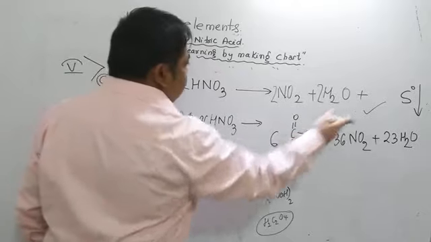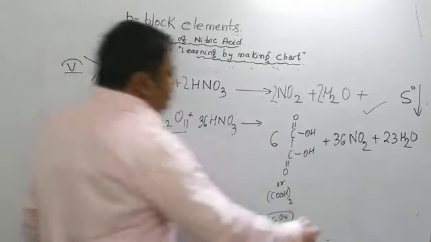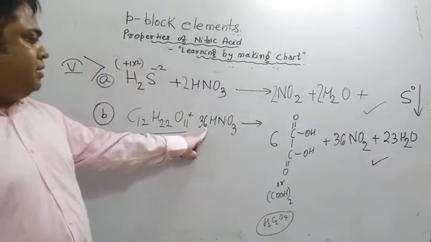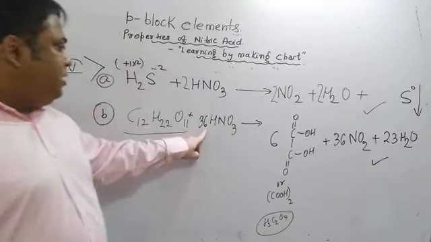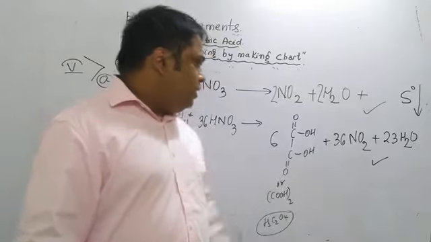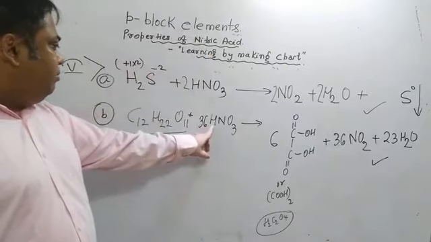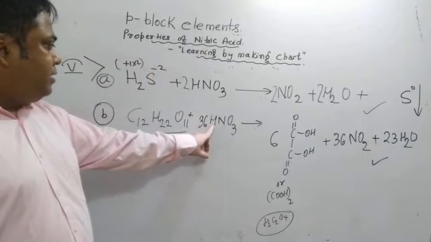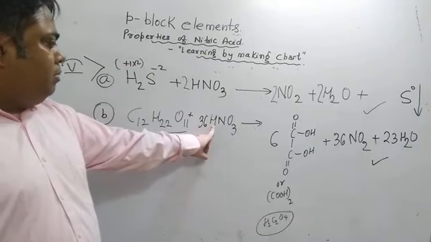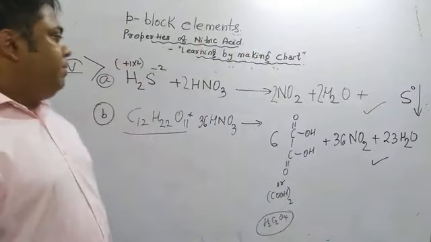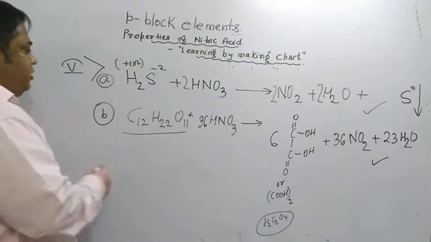Alright, so if you practice it, you will be able to remember. Once you give 36 over here, you will get the guidance of what has to be here. Once you put 36 here, nitrogen has to become 36. Then hydrogen will become 36. So accordingly you balance by putting 6 over here and 23 over here. Okay. So you apply the hit and trial method, with that also you can do it.